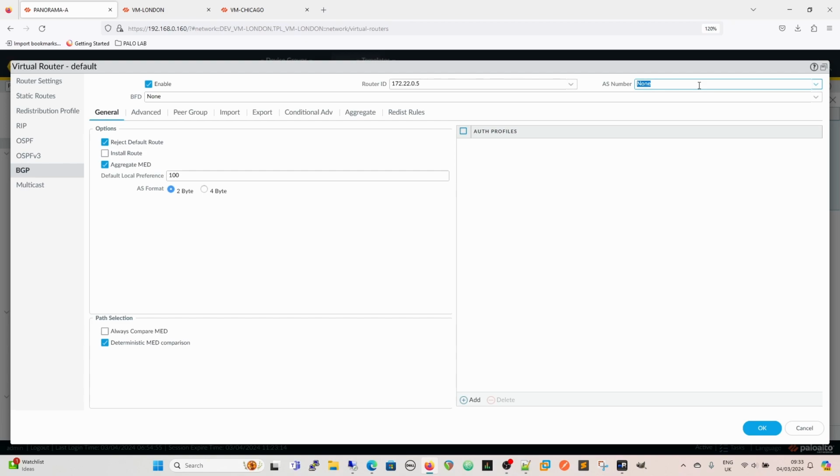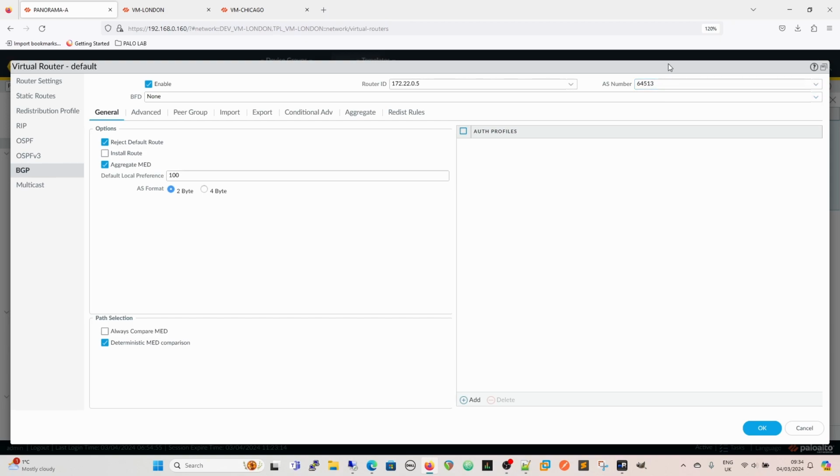Whereas what we're doing is in a B2B routing or a site-to-site VPN where you've got two separate sites, you then tend to look at it as having separate AS numbers, and it be eBGP as opposed to iBGP. So external BGP as opposed to internal BGP. So our ASN number that we've chosen for London is